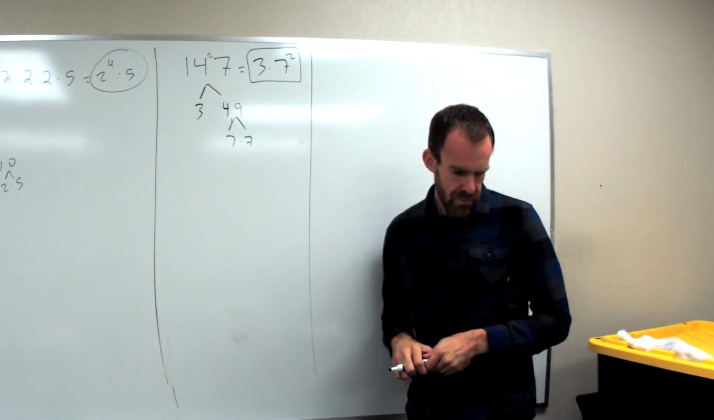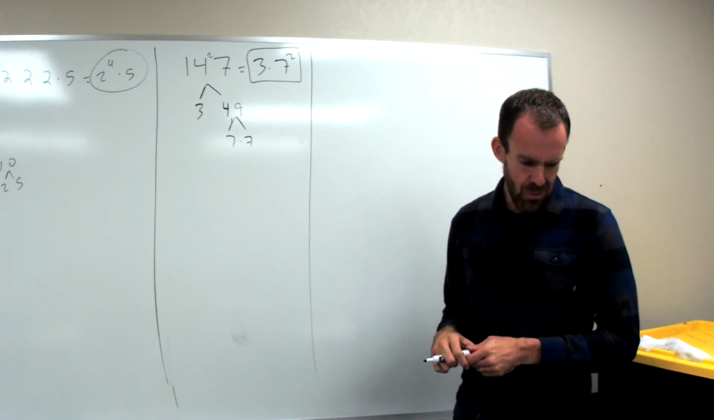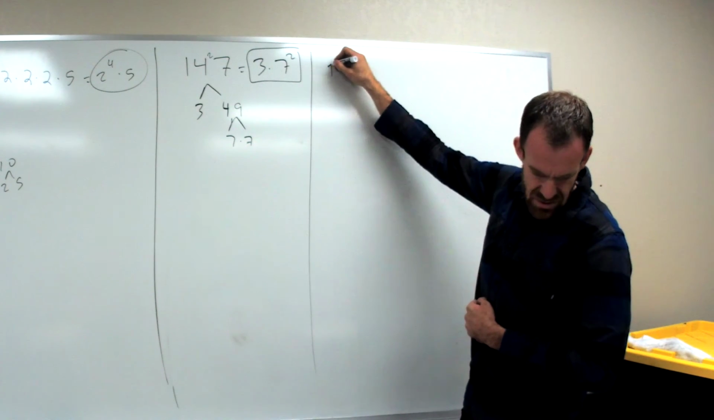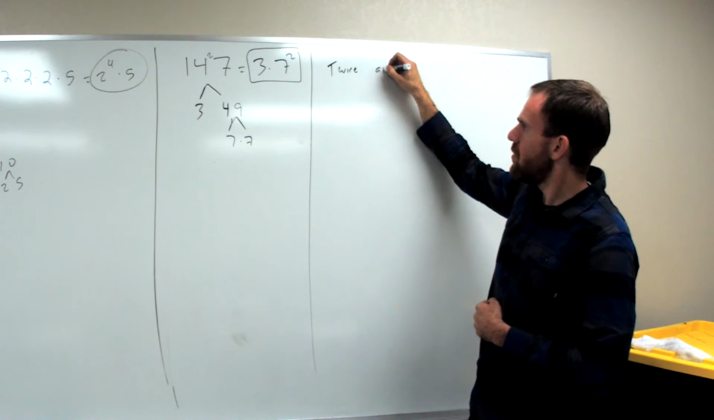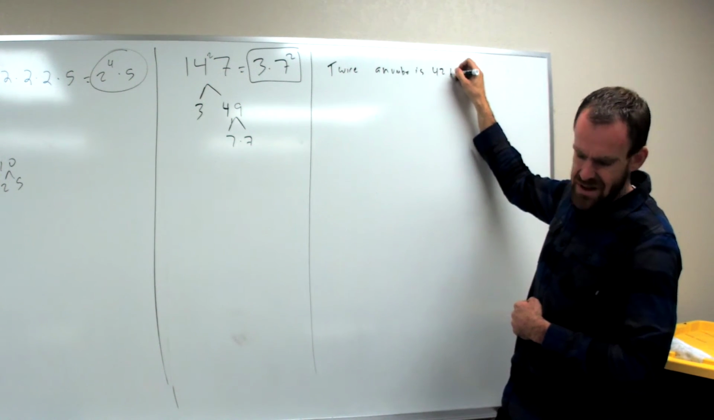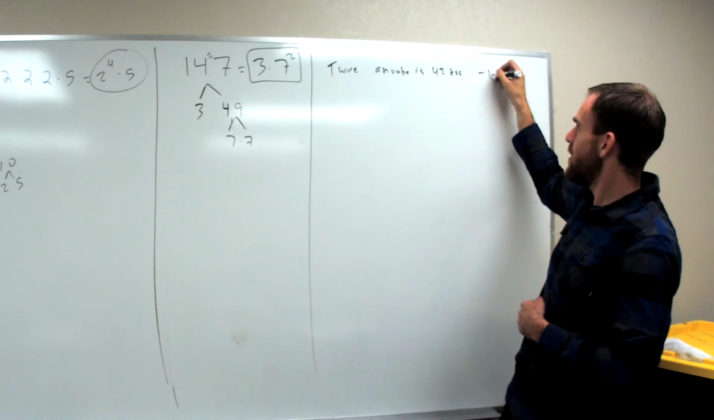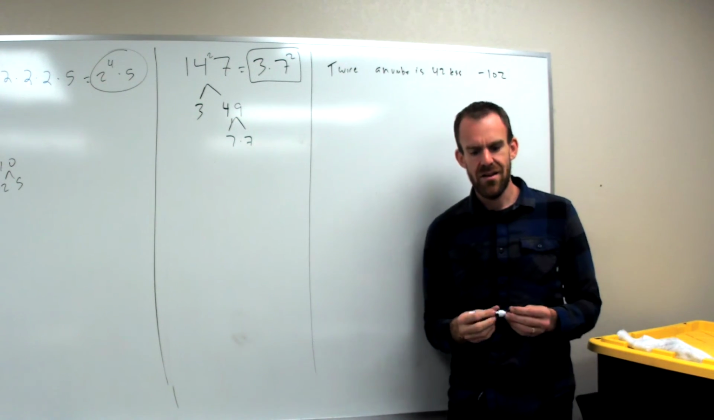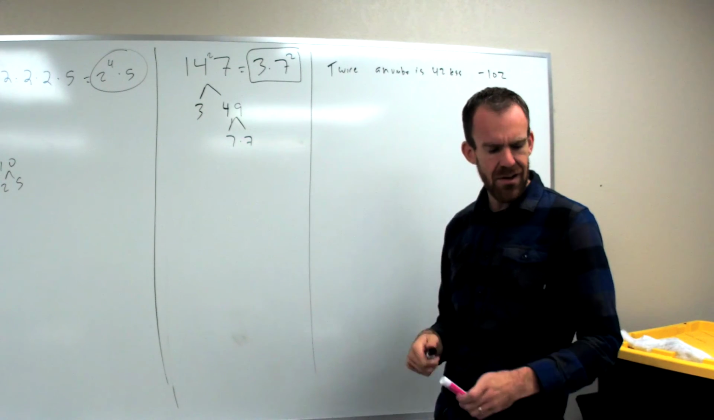Now we're going to move on to more word problems. So twice a number is 42 less than negative 102. How would I write that? Twice would be